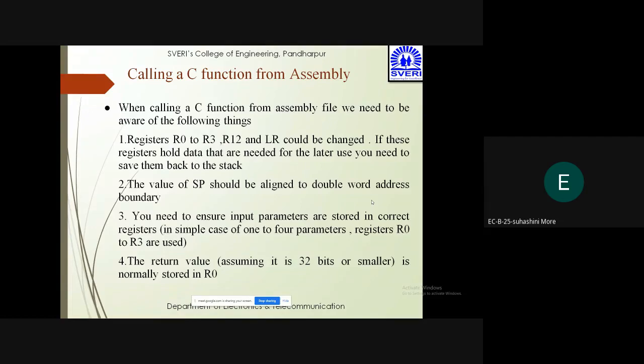Then the value of the stack pointer should be assigned a double word address boundary. You need to ensure that the input parameters are stored in the correct registers, that is from R0 to R3, and the return value, assuming that it is 32 bits or smaller, is normally stored in R0. So these are the things that have to be taken care of when a C function is called from the assembly.